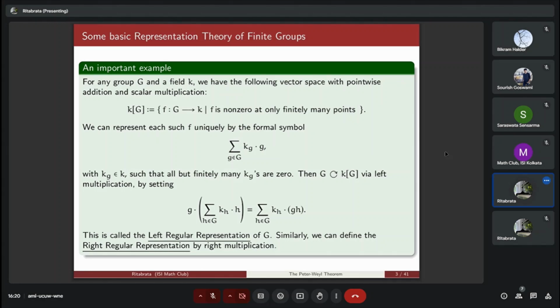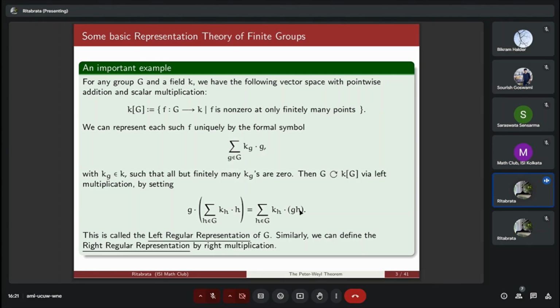We call KG the group algebra of G over K. It is all functions from G to K that are non-zero at only finitely many points, or functions with finite support, whatever you may call it. We can represent each such element by a formal linear combination of field elements and group elements. These are formal symbols where k_g represents the value of the function at g. This is a finite sum because all other k_g will be 0, since the function is non-zero at only finitely many points. Given any such element, the sum of k_h dot h, we can let the group act on it